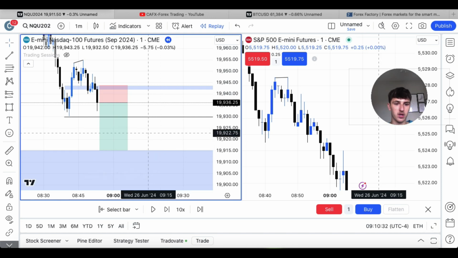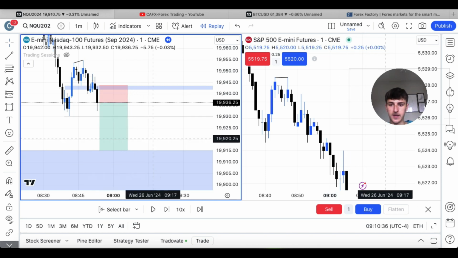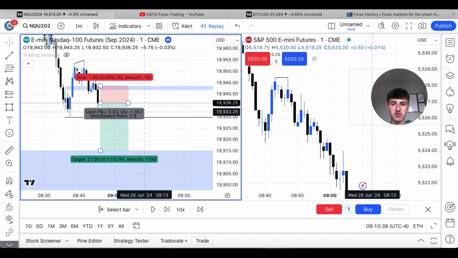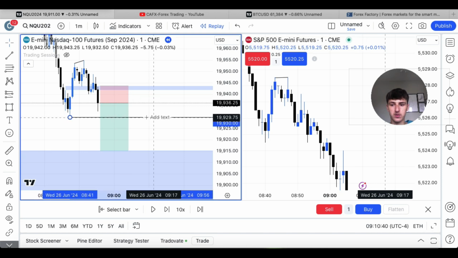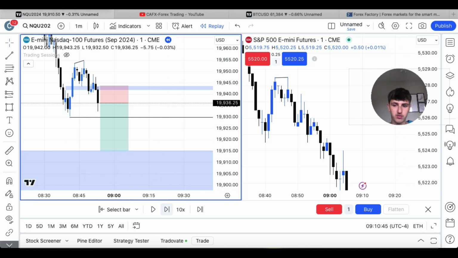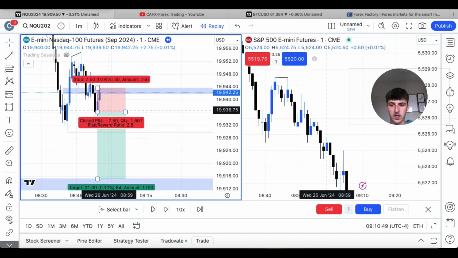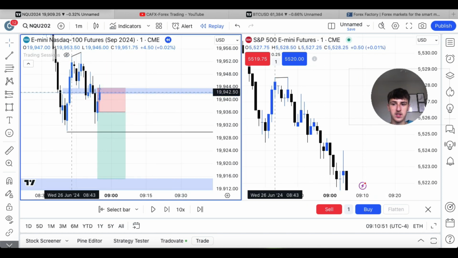We don't know where it's going to go in the fair value gap, so we just target the start of the fair value gap. A 2.8 risk to reward. This is your TP1, so you can either go break even or close some partials here if you want, depending on how you trade. And as you can see, we come back up, we tap into the inversion fair value